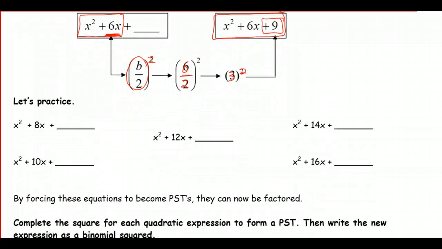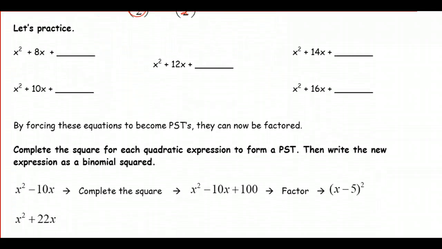So let's practice simply completing the square. X squared plus 8x. So this is our binomial expression and we want to force it to become a trinomial. So in order to do that, we're going to take half of our b value, which is 4, and square it, which is 16. And that's it. In the next example, we're going to take half of our b value, which is 5, and square it, which is 25. In the next example, we're going to take half of 12, which is 6, and square it,